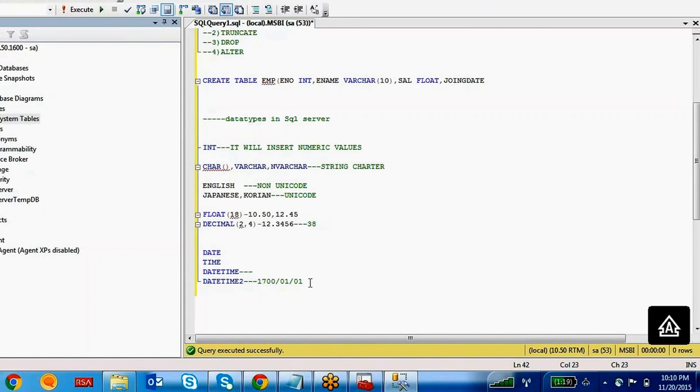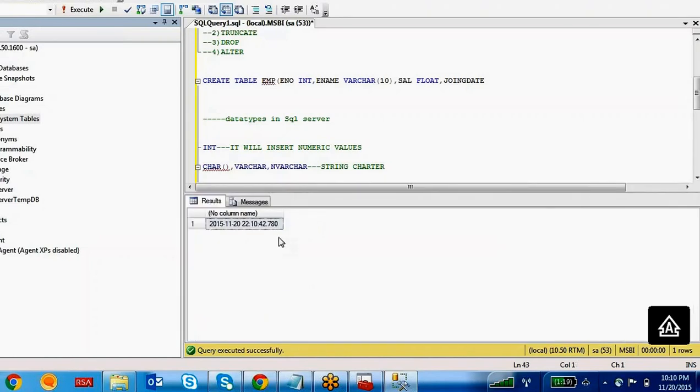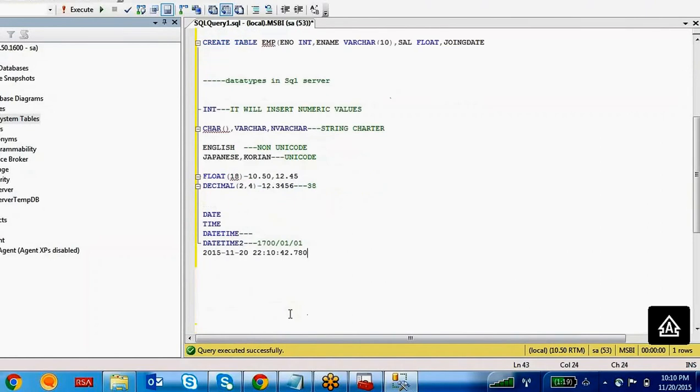One more thing, for example, if I take the current time, this is the year, month, date, this is the hours, the minutes, the seconds, and the milliseconds.